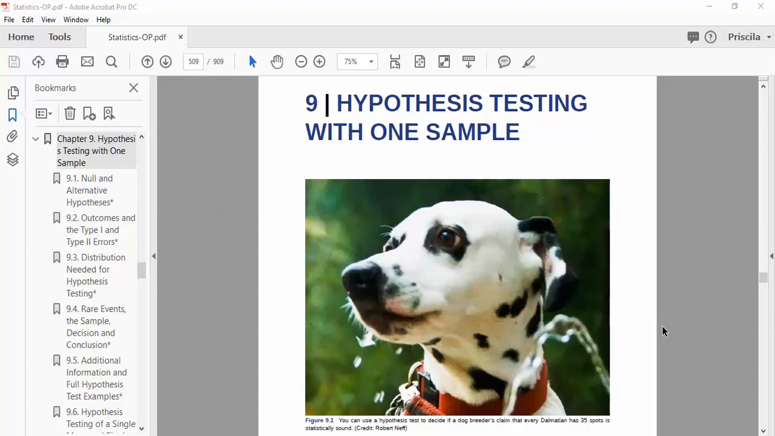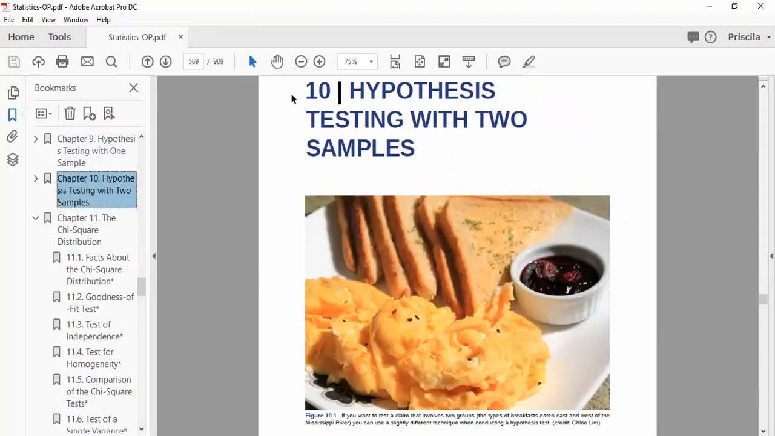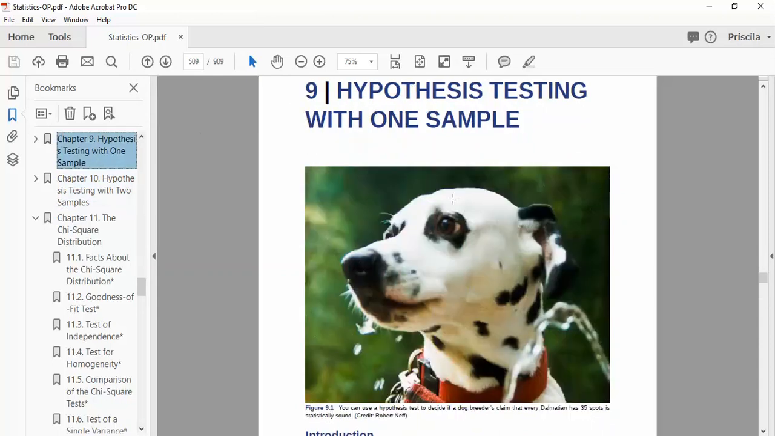We're actually going to be covering chapters 9, 10, and 11. Chapter 9 is hypothesis testing with one sample mean and proportion. And then in chapter 10, we're going to be talking about hypothesis testing with two sample means. Okay, we had this adorable picture over here, and it's telling you that let's say you want to decide if a dog breeder's claim that every Dalmatian has 35